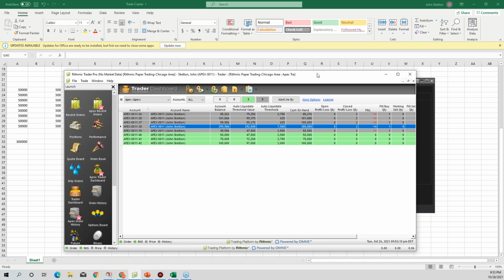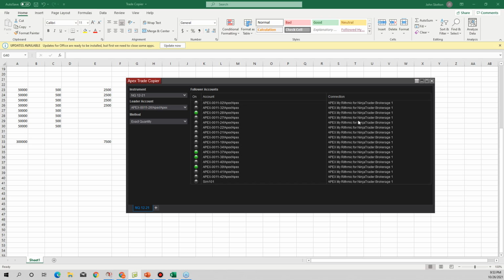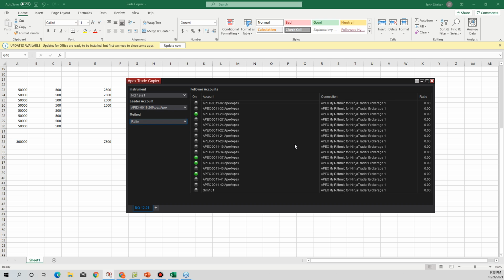So what we could do is say, okay, right here under method, exact quantity. What that means on my chart, if I select one contract, then it's going to duplicate one contract in all these other accounts. But I could say ratio, which means, hey,